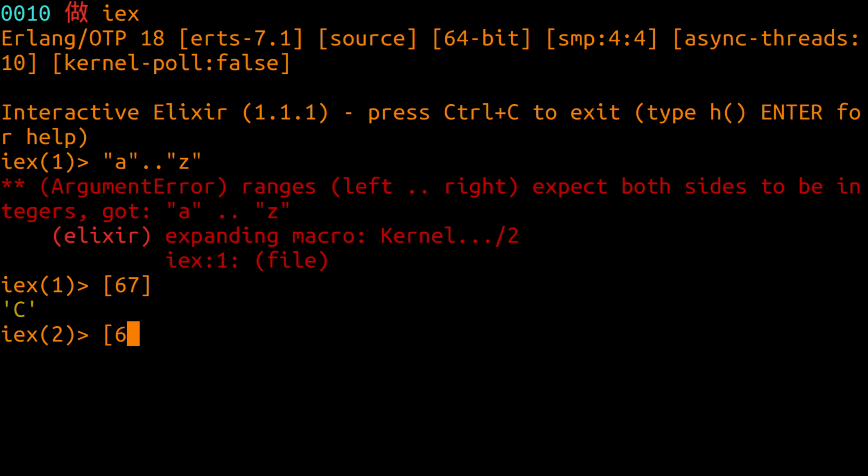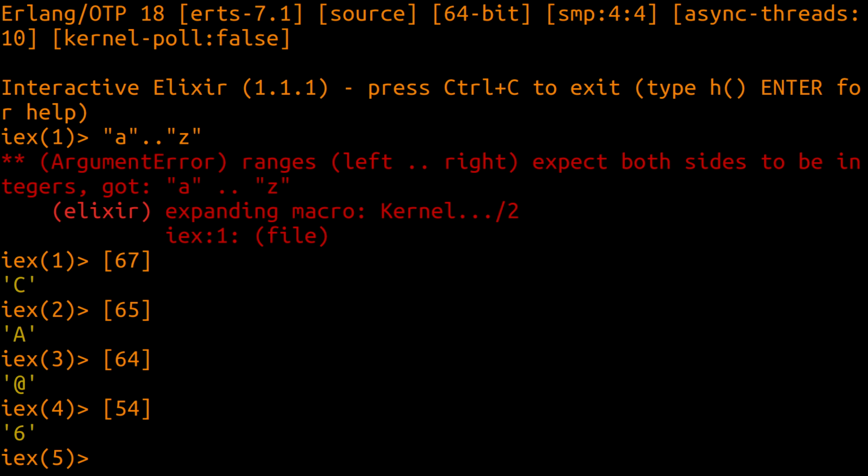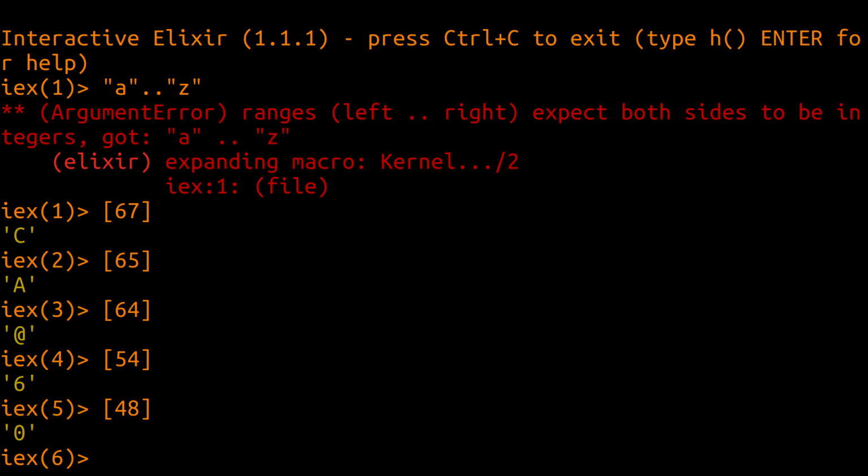And this means that 65 would be A, and if we go back one more, we get some special characters. So if we jump back 10 characters, we should be in the numeric range. Sure enough, we're at 6, and if we jump back from there, we can get to 0 at 48. So as it turns out, our printable range from last time is 48 to 122,